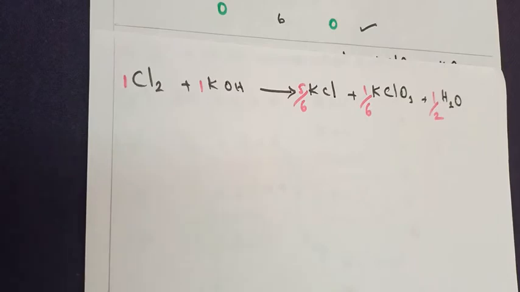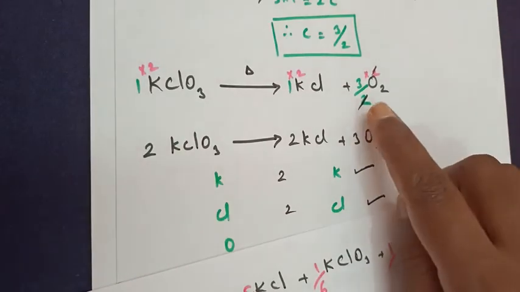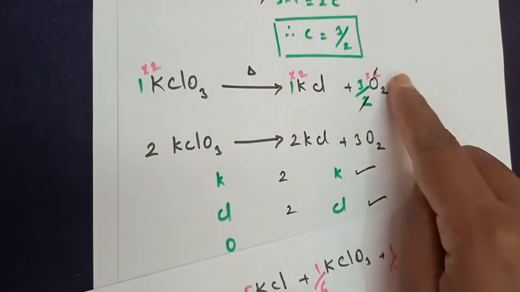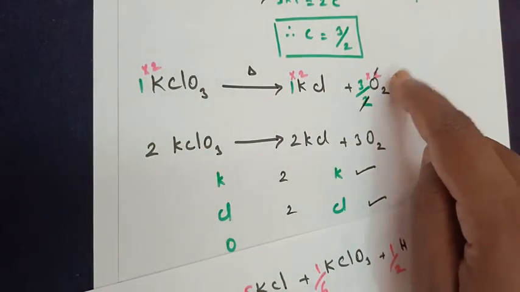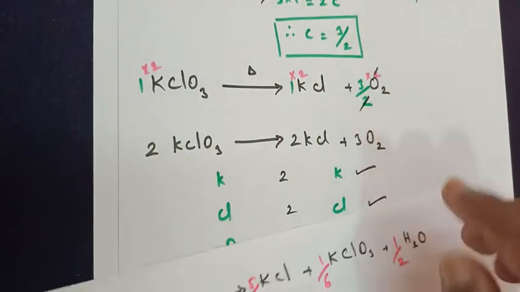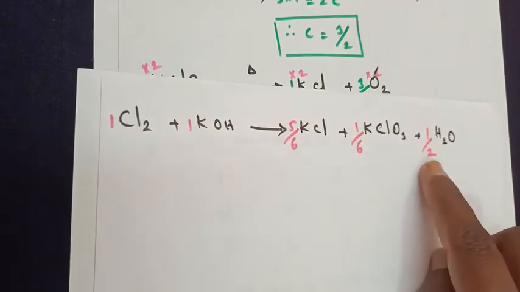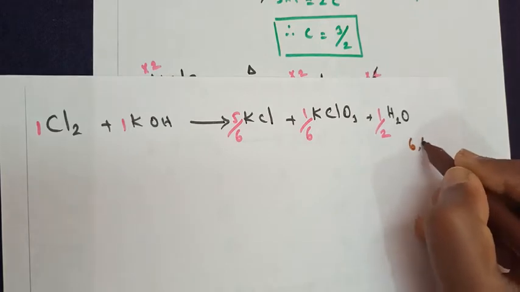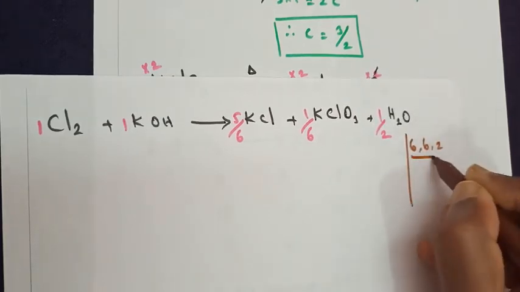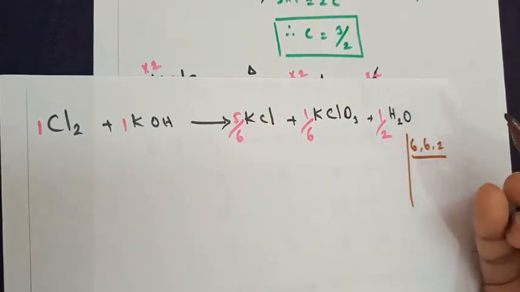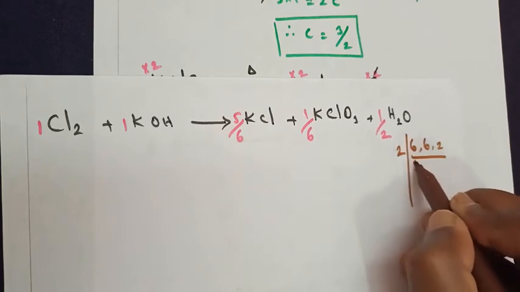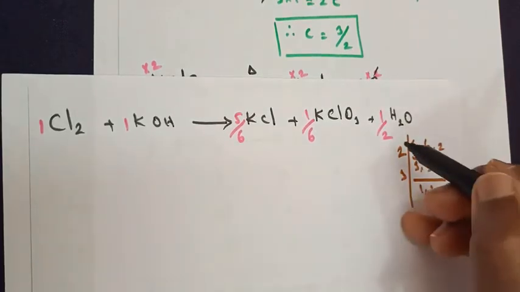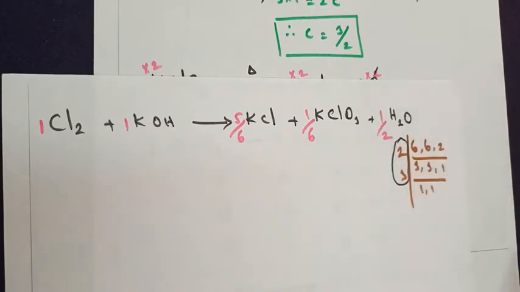Now if you look at it, in the previous question you had only one fraction term coming up, so you multiplied the whole reaction, the numerator of the whole reaction, by that number. In this case, you have got 3 different fractions, so you have to take an LCM, that is 6, 6, 2. Whichever method you follow for the LCM, that's not a problem, the answer comes up to the same thing. So the LCM is equal to 6.